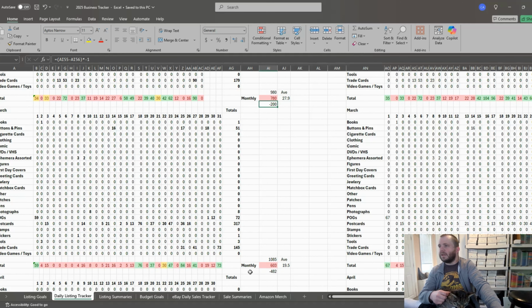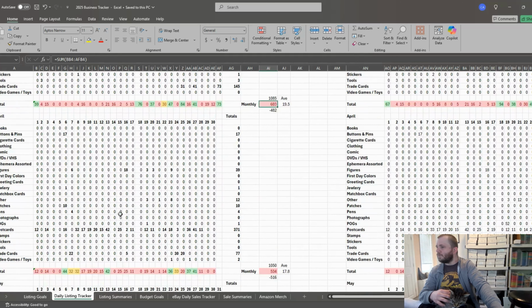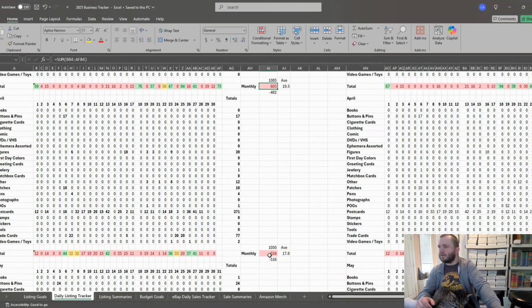March getting even worse. I was short 482, only got 603 listings up. For a lot of people, that's a great month. For me, a lot of these cards, all of these postcards, trade cards, swap cards, they're $5 to $10 each. I'm not doing a lot of $100 items, so I need to get that volume up, especially since the sell-through rate for a lot of these is much slower. April, a little bit better. No, actually worse. Cool. 534 listed,